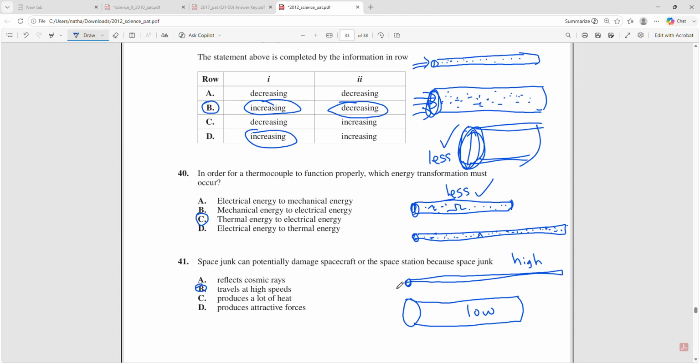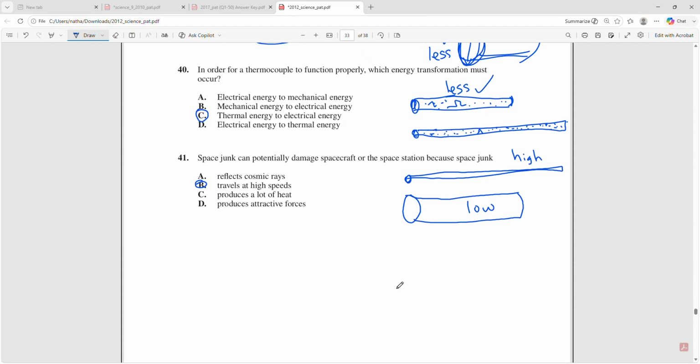Okay, question 40. In order for a thermocouple to function properly, which energy transformation must occur? So a thermocouple is a device that measures temperature, and well, it can activate certain things. So in a vehicle, for example, you might have a thermocouple, and it's the device that senses the temperature of, say, your engine, and then it sends an electrical signal